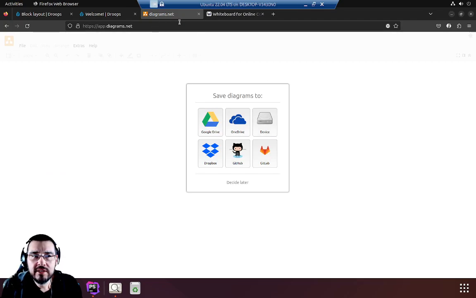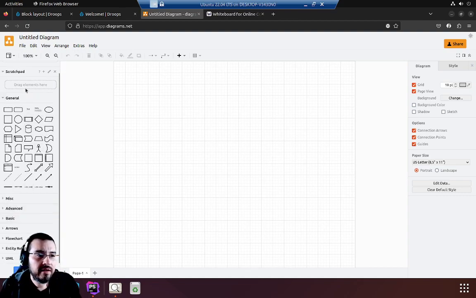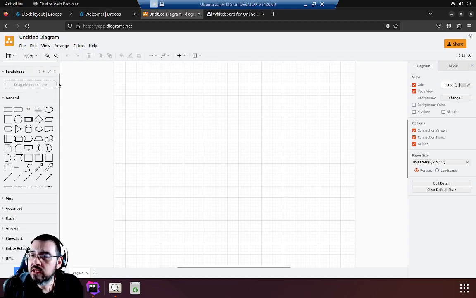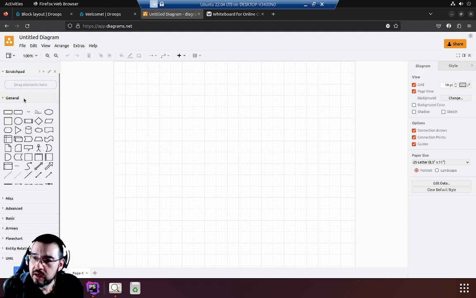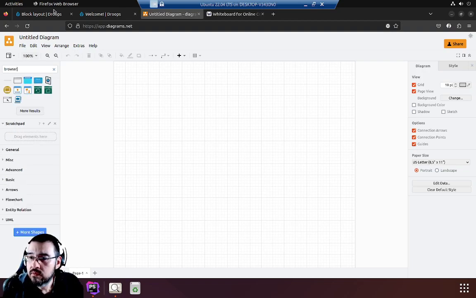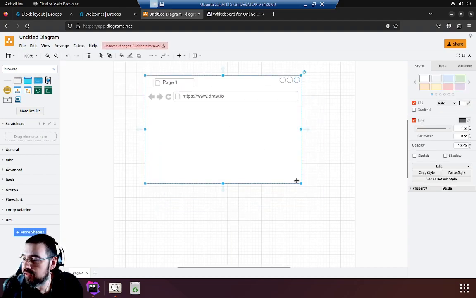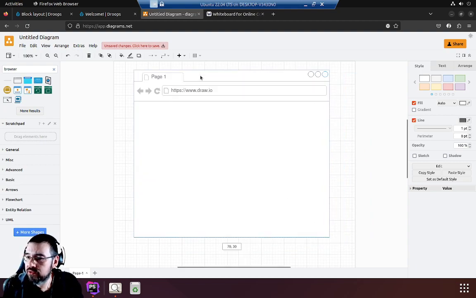We should also talk about diagrams.net, draw.io, whatever you call it. I use this a lot for diagramming. You can do UML, whatever. Some templates like a browser. Search shapes, browser. All right, so we have a browser window to draw on and kind of plan our first trillionaire